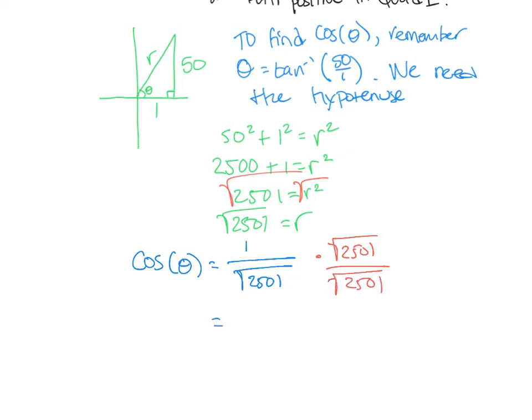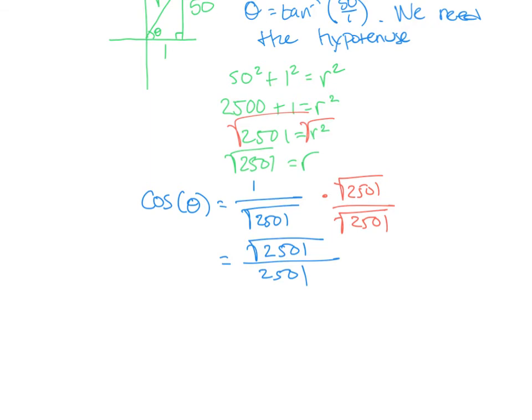Okay, and that is going to get us the square root of 2,501 over 2,501, and as gross as that looks, that's our final answer. So we can say that the final answer to our problem is cosine of tangent inverse of 50 is equal to the square root of 2,501 over